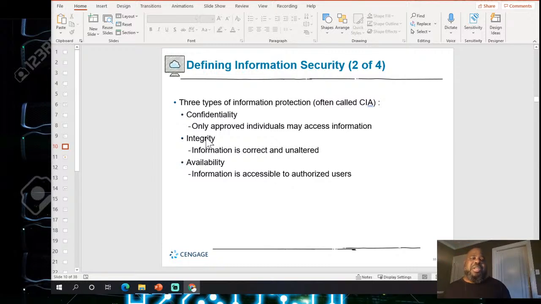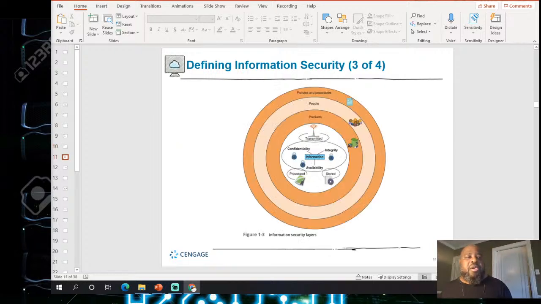So the big 3 in information security, cybersecurity, on any test is the CIA. Confidentiality, only approved individuals may access information. Integrity, information is corrected and unaltered. And availability, information is accessible only to authorized users, right? So those are the big 3. We call this the security